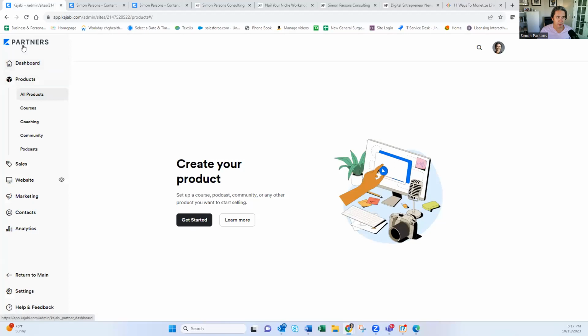So here's your dashboard right here. It starts with products, your sales page, your website, your marketing, your contacts, and your analytics. This isn't my main dashboard, but I just wanted to show you what it looks like when you first sign in. It's going to be a blank slate. But up in this products, this is where you create whatever it is that you want to sell, whether that's a course, a mini course, if you want to do a challenge,